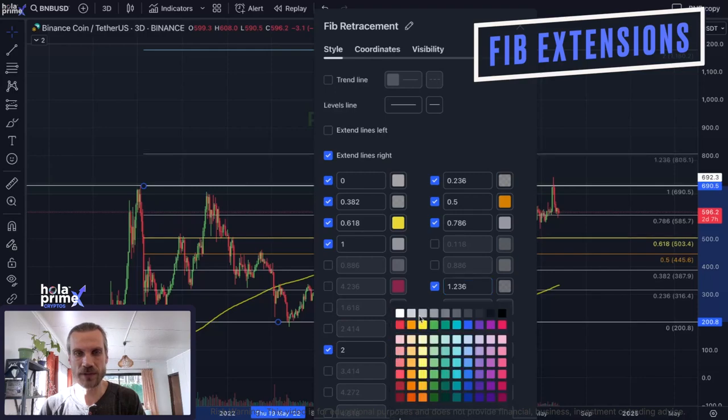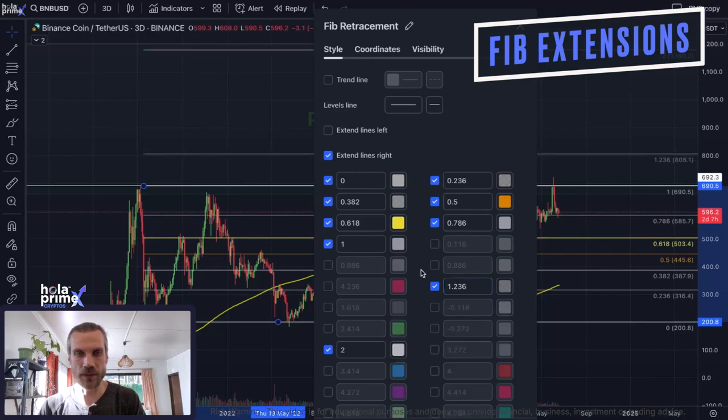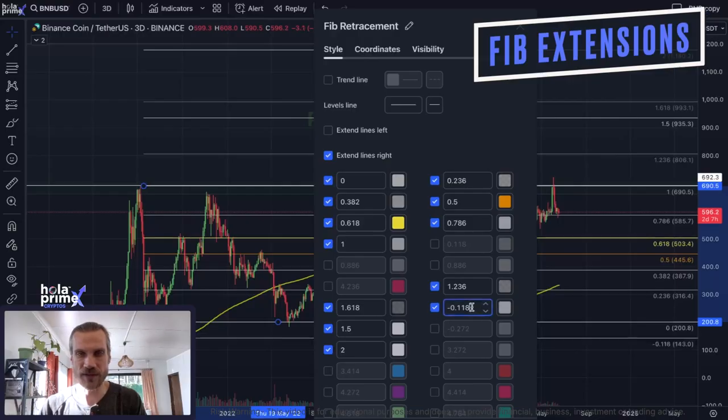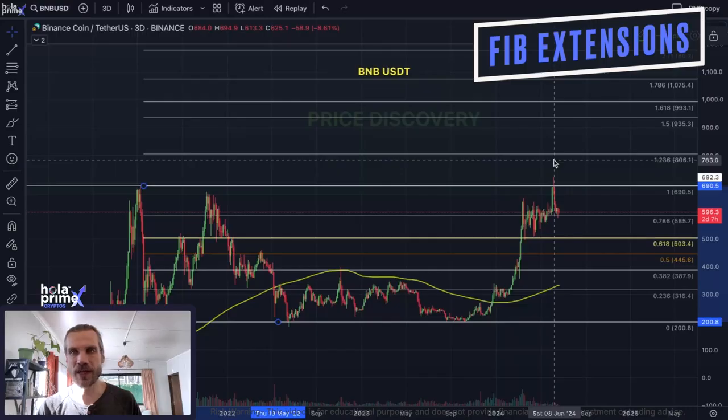We don't want it to be blue. No problem with the color blue. And then we want to have the 1.618. We then want to add the 1.5. We then want to have the 1.786. So just add that in. 1.786, and okay, and as if by magic, we now have support and resistance levels above the existing price action